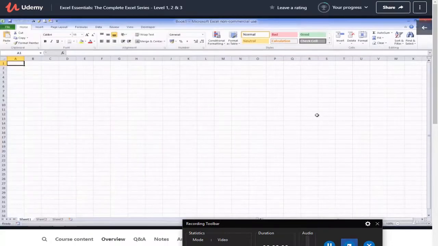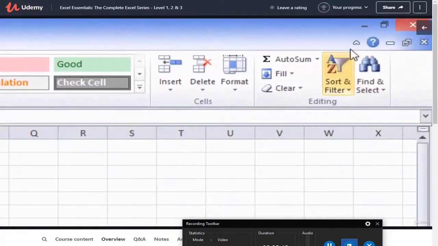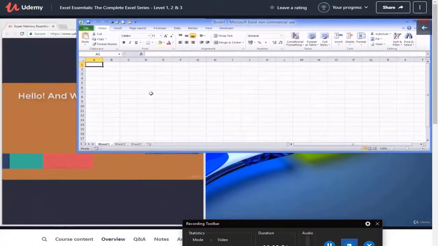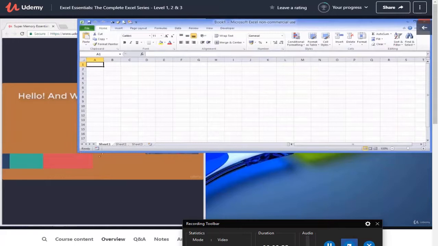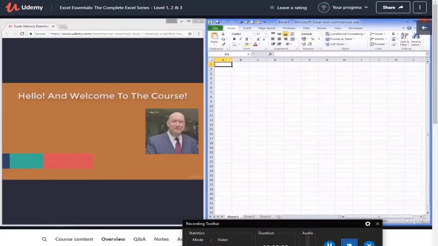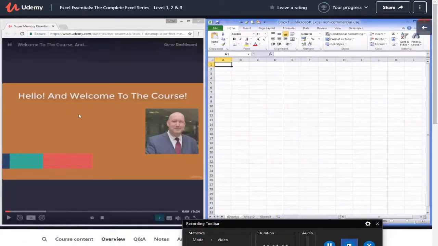Now, similarly, behind it I have Excel, again in full screen, and what I'm going to do is I'm going to come right up to the top right hand side to this little icon here, and I'm going to left click with my mouse, and that's going to reduce the size of this screen. And again, I'm just going to come down here and I'm going to left click and drag and make that half of the screen. So now I can watch the videos and I can follow along in the course. Now, if I could stop Windows doing that, it would be really useful.